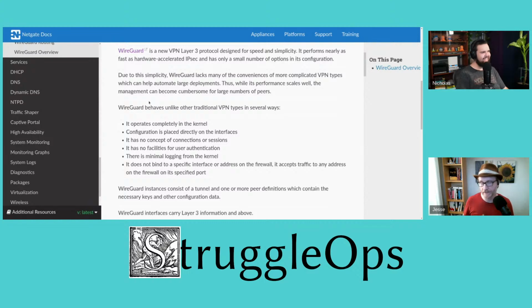But yeah. So we covered a couple of the other ways that WireGuard behaves unlike traditional VPNs, and the fact that it operates completely in the kernel. A really interesting one is that there's no facilities for user authentication. It's pure public key authentication, which